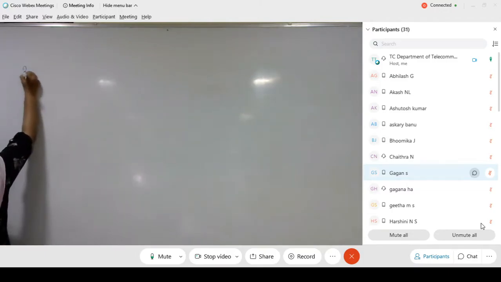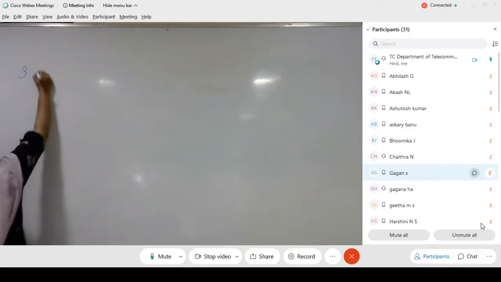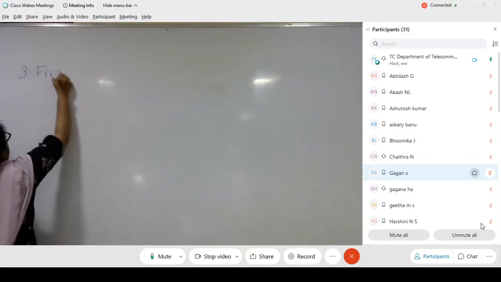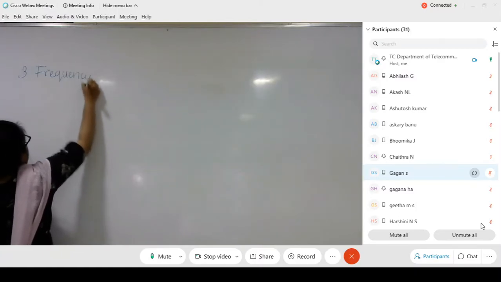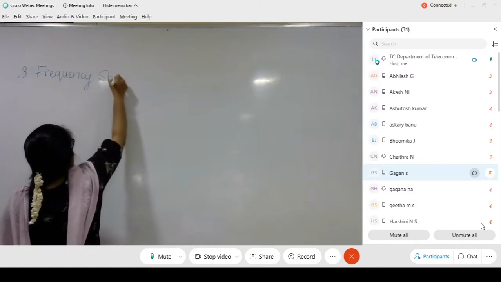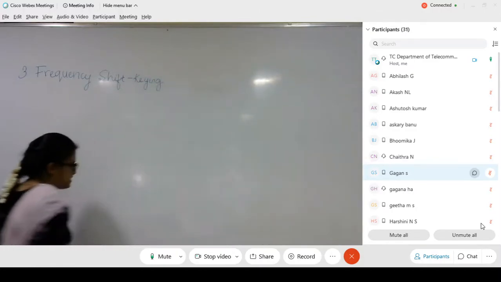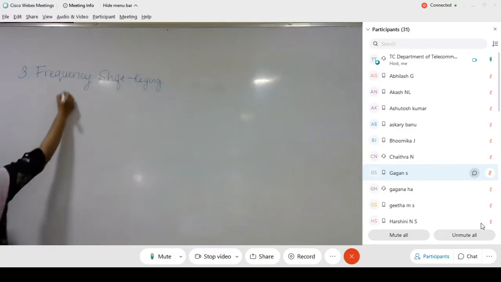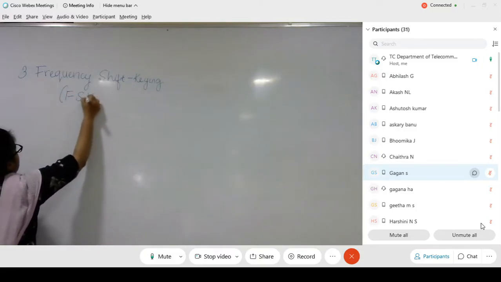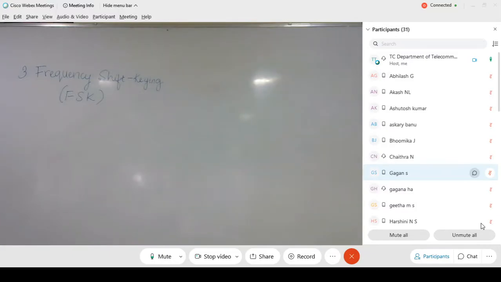Okay. So we are going to go with the third one, which is the frequency shift keying, the third modulation technique in digital modulation schemes, abbreviated as FSK. Okay, so we are going to look at how the symbols are represented in general for an FSK system. The symbol is represented as s_i(t), which is equal to